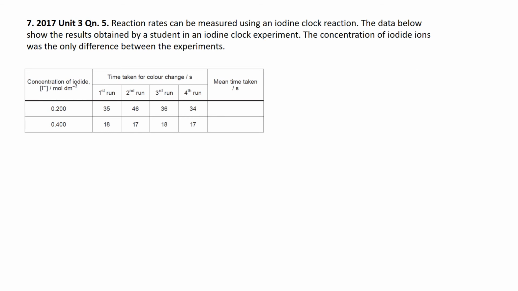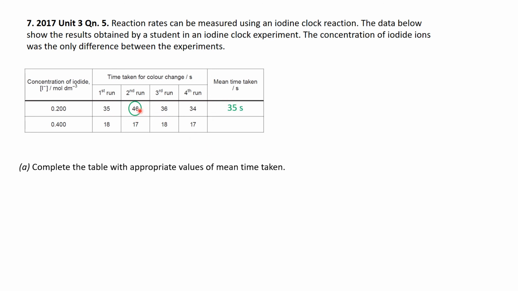Reaction rates can be measured using a clock reaction. Data below show the results obtained by a student in an iodine clock experiment. The concentration of iodide ions was the only difference between them. So we had 0.2 iodide, 0.4 iodide. So the first thing is to complete the table with the appropriate values of the mean time taken. So we'll take the mean of all of that, and it's